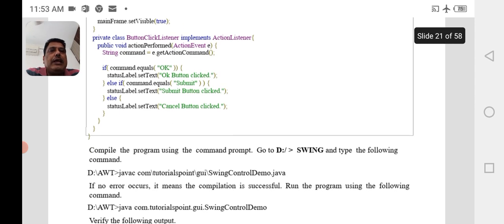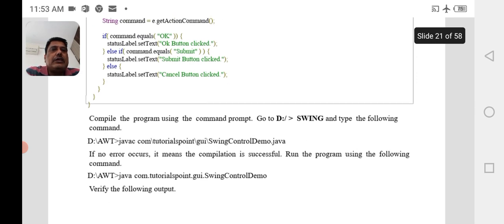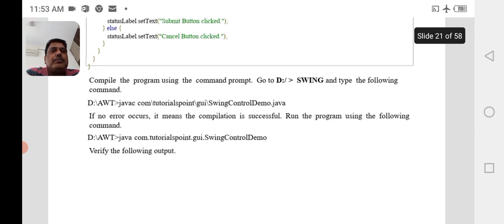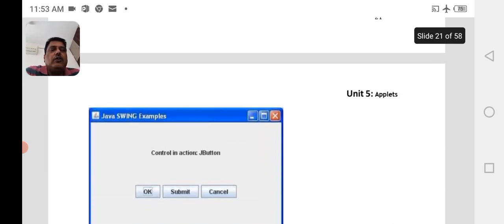So, compiling the program using the command prompt: javac SwingControlDemo. It means the compilation is successful. Run using the following: java tutorial.SwingControlDemo. You will get the output as